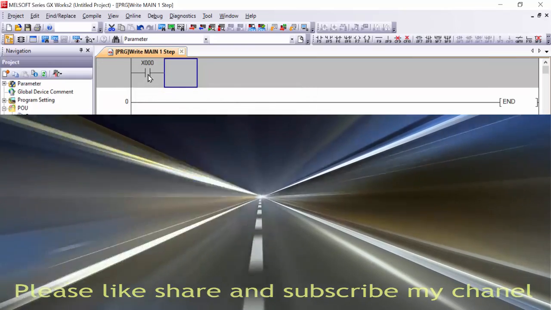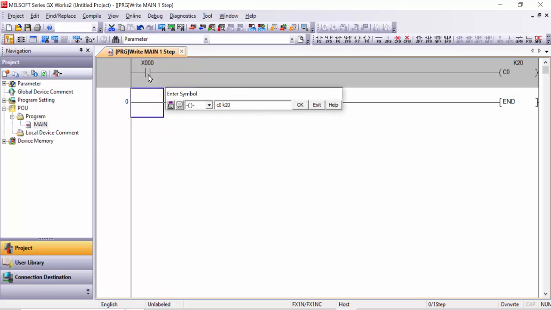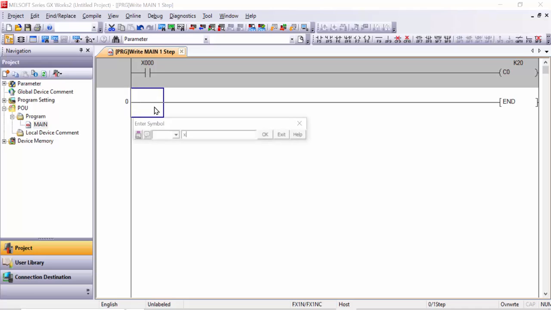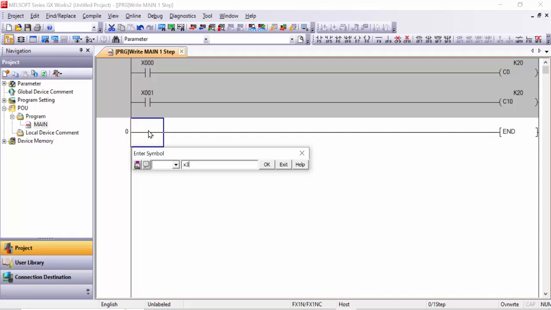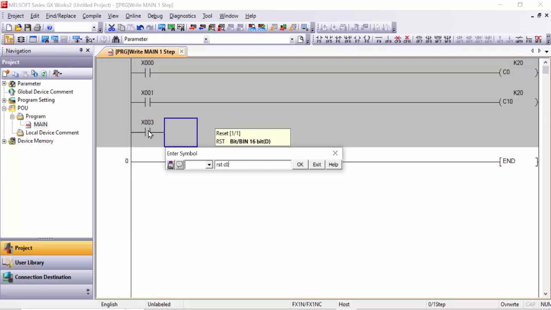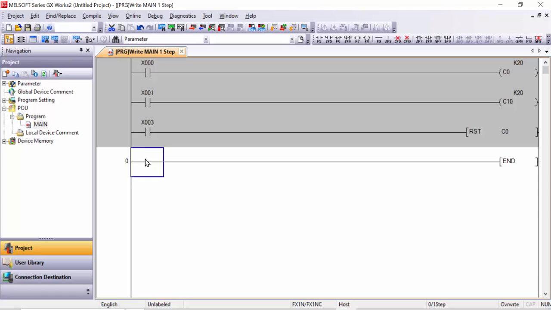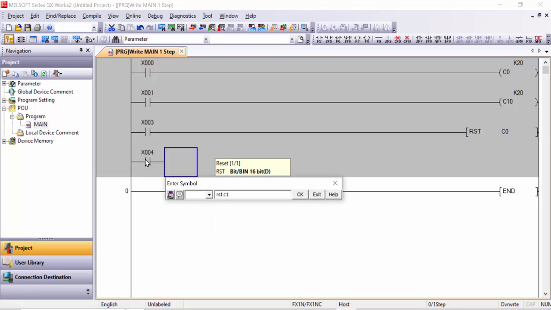X0 contact for increment of the C0 and K20, and next row we will take the X1 and C10 and K20, and in next row we will use the X3, for example, X3 contact, and next RST C0, and next we will choose X4 RST C10,